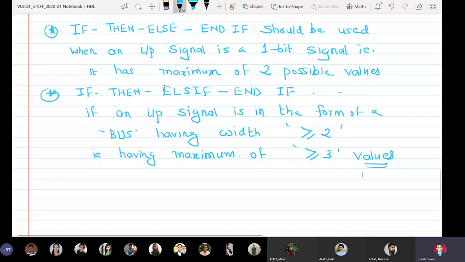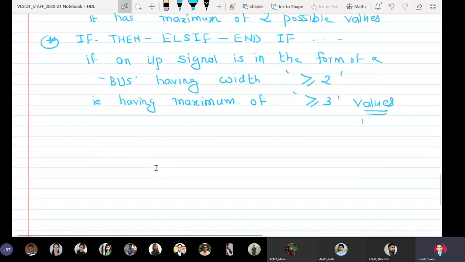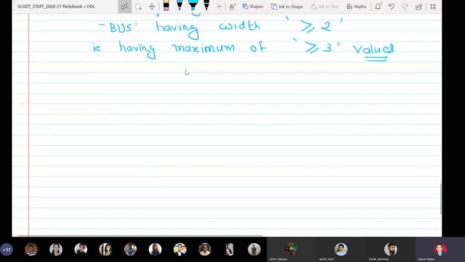Okay, so to explain this blue colored notation, we will take the example of a 4:1 mux and we will see where the variant is to be used. Okay, so now consider a 4:1 mux.